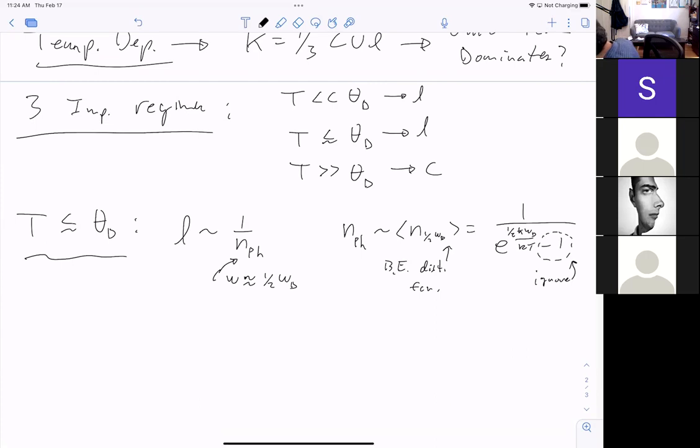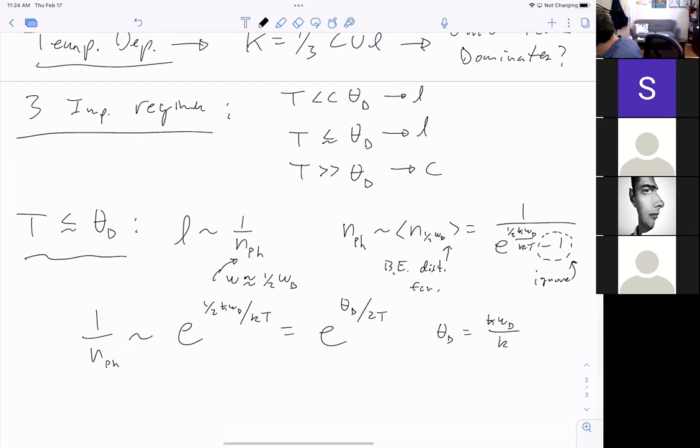And so then we see that 1 over n phonons goes as, I just invert that formula, e to the 1/2 h bar omega Debye over kT, which is equal to e to the theta Debye over 2T, since theta Debye is equal to h bar omega Debye over k. Okay, and so now we see that L, the mean free path, goes as e to the theta Debye over 2T, and